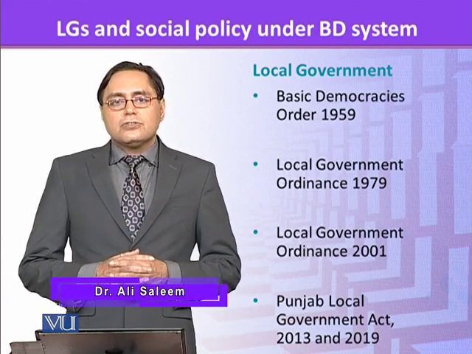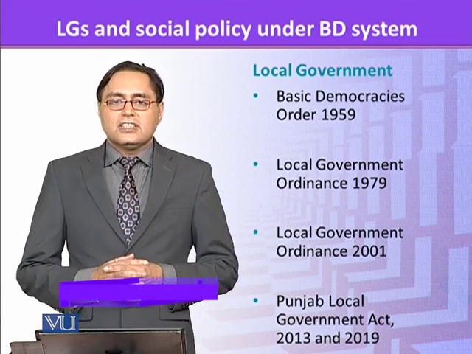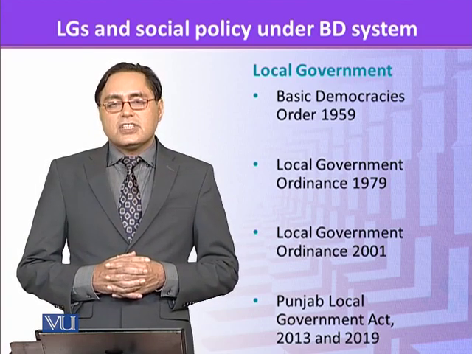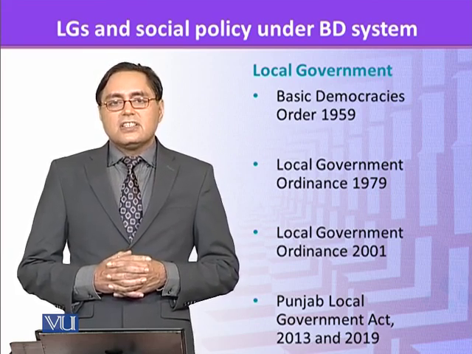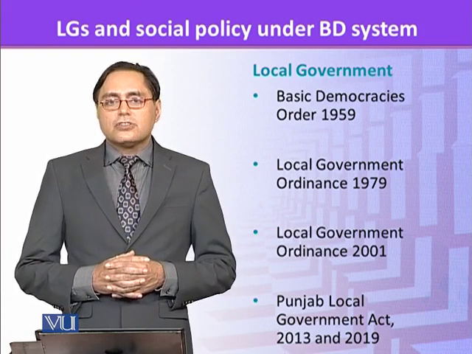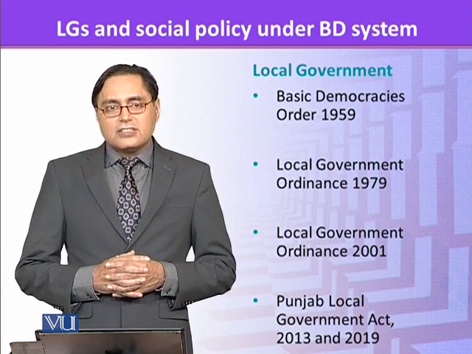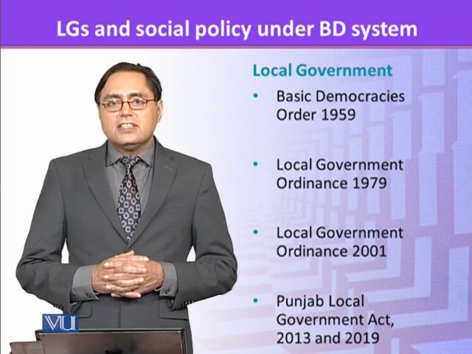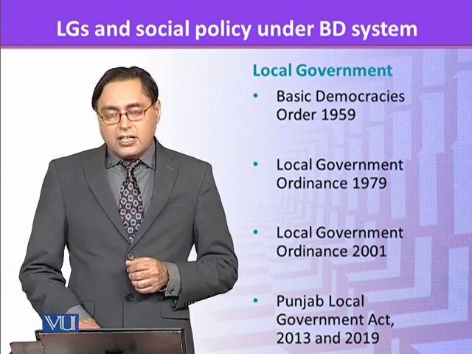From 1947 to 2019, there have been 5 different local government legislations in the case of Punjab. The first one was Basic Democracies Order 1959. Second was Local Government Ordinance 1979. Third was Local Government Ordinance 2001 that was introduced by General Musharraf. And the last two were Punjab Local Government Acts 2013 and 2019. In this module, we will look at the Basic Democracies Order 1959 in detail and how it linked with the